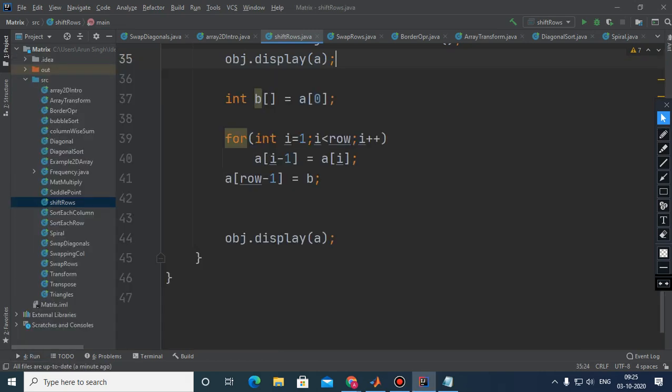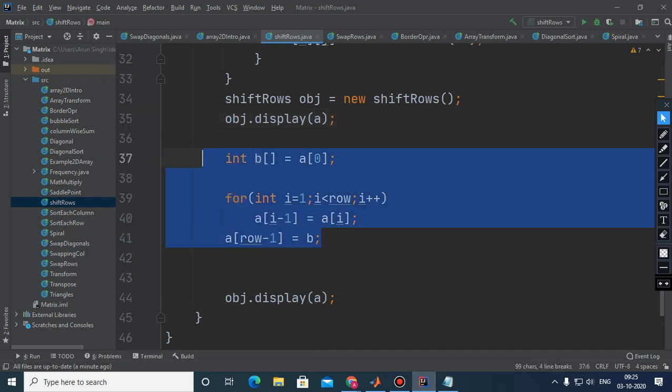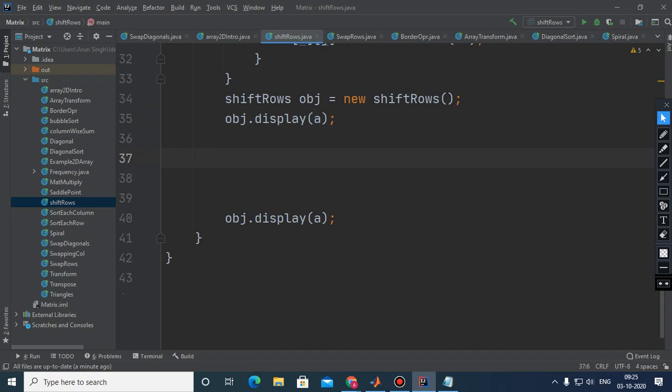And now after that, using this array B, but now I am going to remove this. So this time I am going to swap without using the third array. So here you just start a loop that will go for the column first.